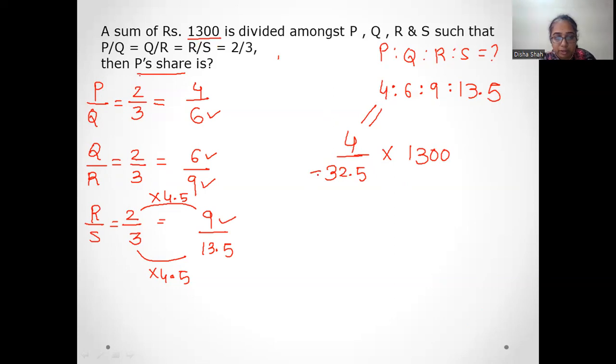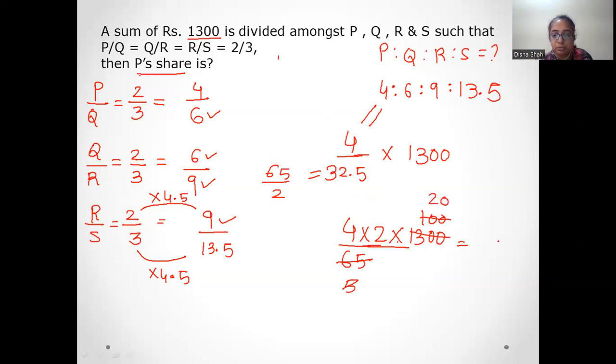Now this 32.5, can I write 32.5? 32 का डबल कितना होता है, 64. Can I write 32.5 as 65? I think ये बेटर रहेगा. So 4 divided by, in place of 32.5 I'm writing 65, फिर 2 यहाँ लिखने से बेटर है कि 2 को ऊपर लगा दो. So this into 1300, 13 5 जा 5, 4 into 2 8, 8 into 2 16. B का शेयर कितना आ जाएगा, answer is